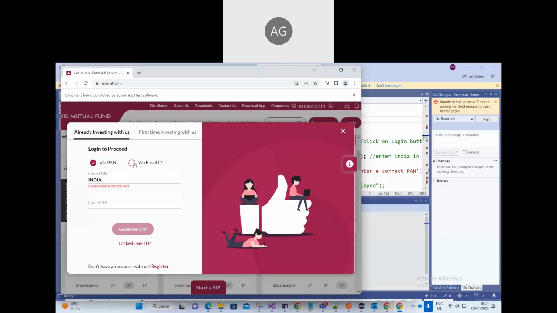Let's say, for example, you select this via email ID. If you enter a correct email ID, you won't get the error message about email ID. But if you enter a wrong email, let's say anand@yahoo.com, there is no @ symbol. So what will happen now? Please enter a valid email. Now you guys automate this test case. Understand? First, you need to click on the login button after opening the home page. Then select this. Then enter